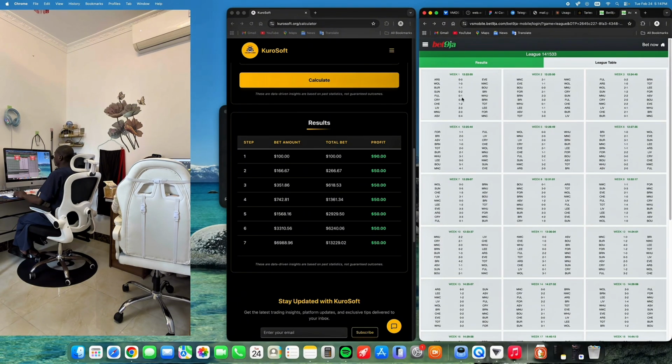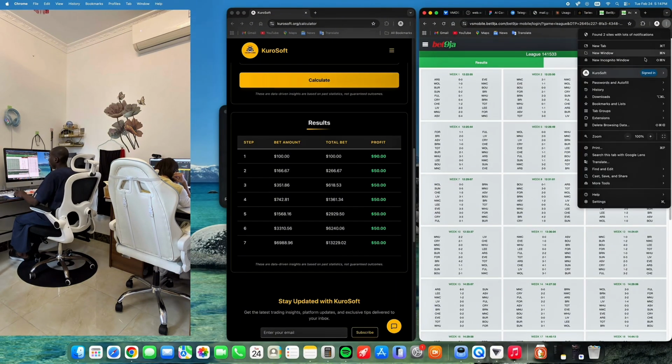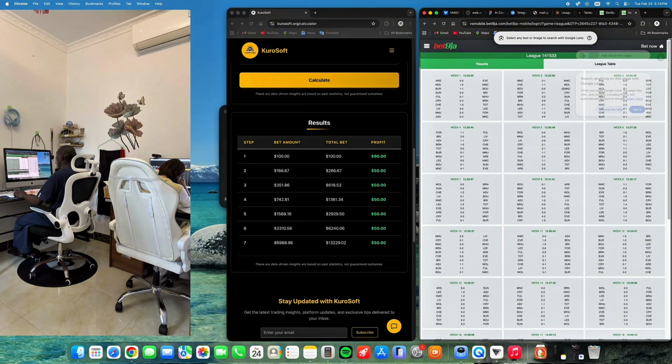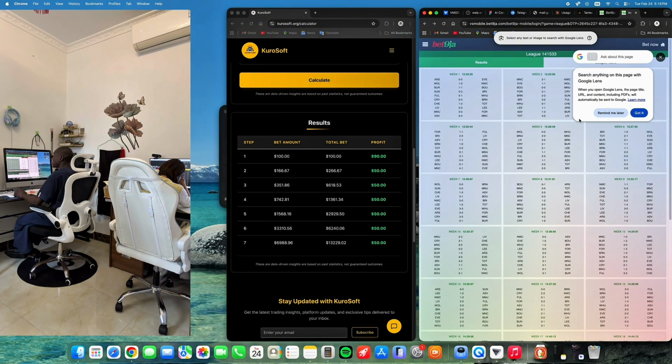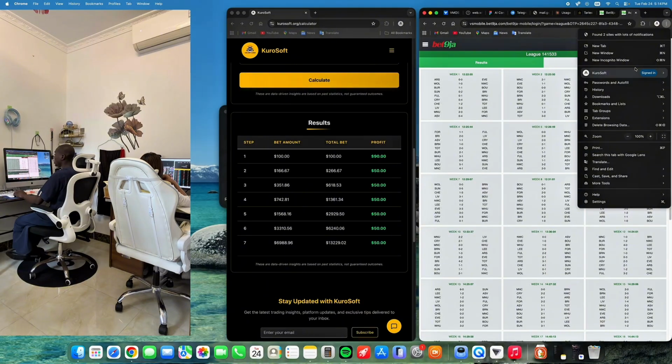So let's say we are going with Chelsea. Where at Chelsea, we started here, and each time we are looking for three times winning circle. Let's see if at any point we've lost, it will have blown our account. We are assuming that our account balance is 13,222. Come on, I'm trying to see where to search. Okay, find and edit.